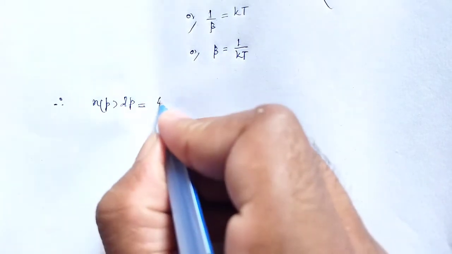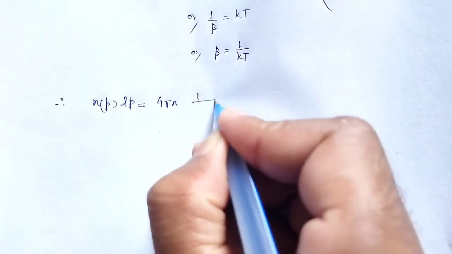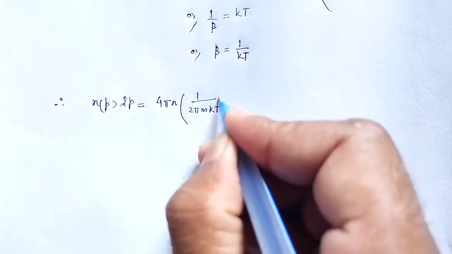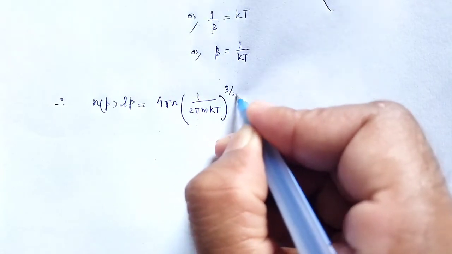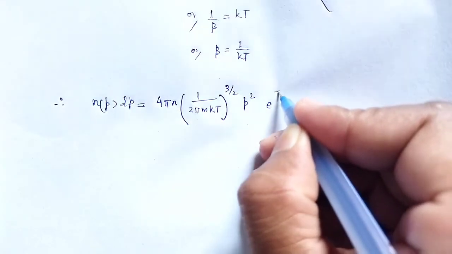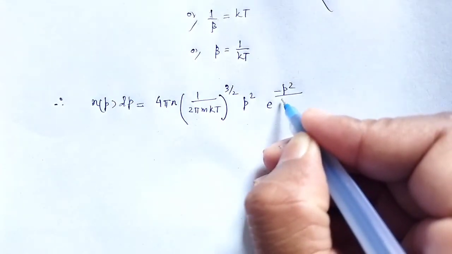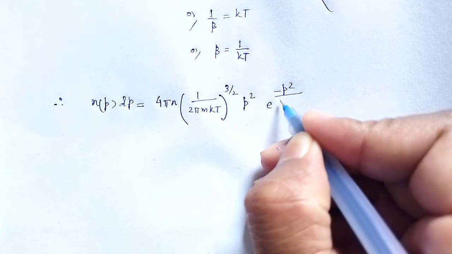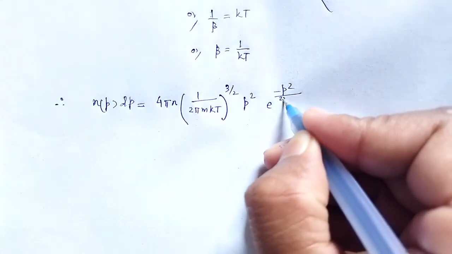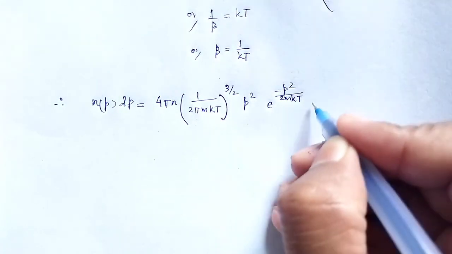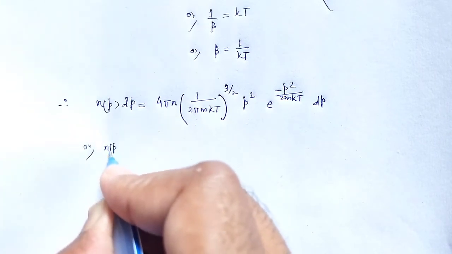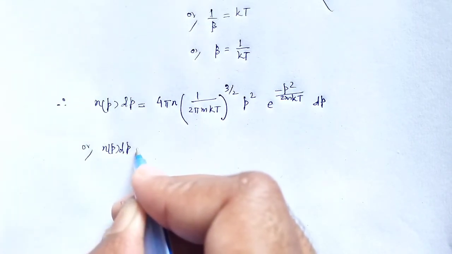That equation will be 4 pi n, 1 by 2 pi m kT to the power 3 by 2, p square e to the power minus p square divided by 2m kT dp. Again simplifying this,